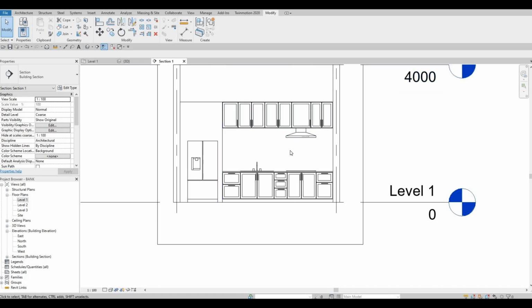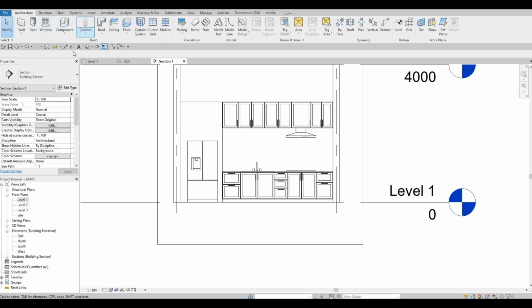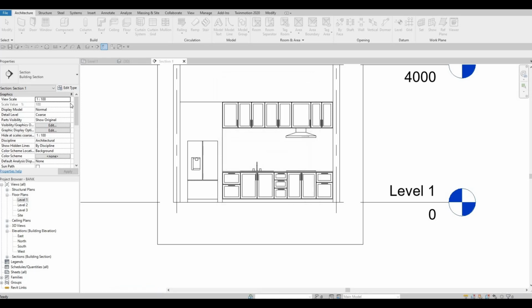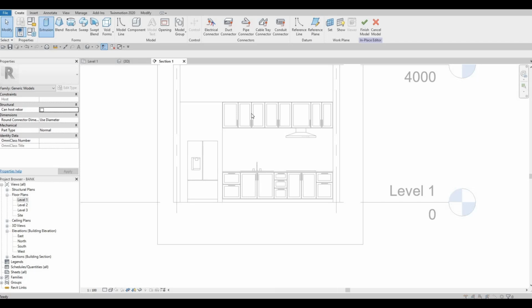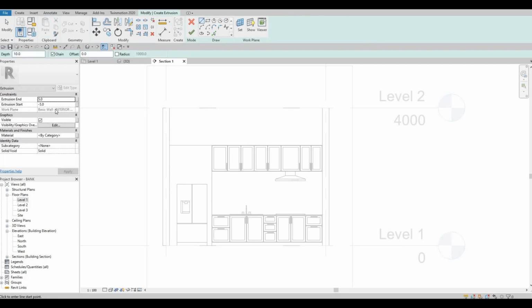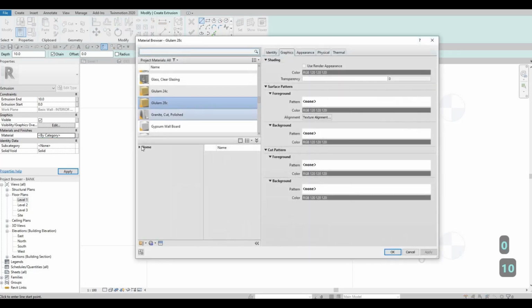Lastly, before we finish, I'm just going to add in our backsplash. So what we could do is go back here, click on model in place, generic model again, and then we're going to just add an extrusion, pick a plane, and this will be the wall right here, and then 0 right here, and then 10 right here. Our material would be